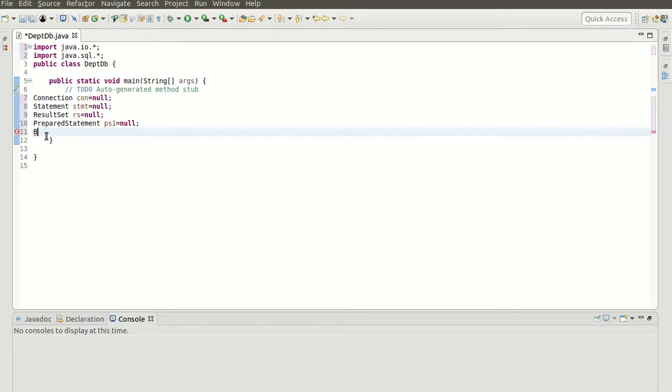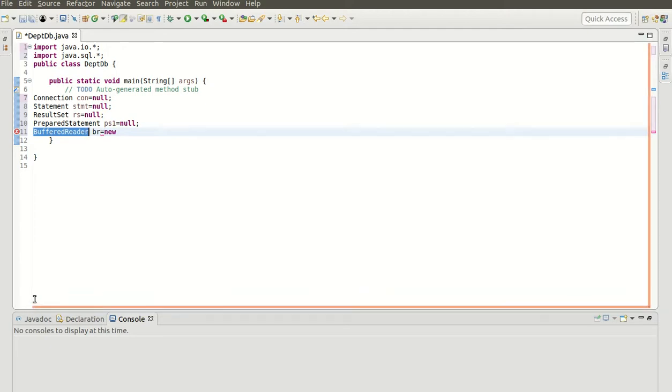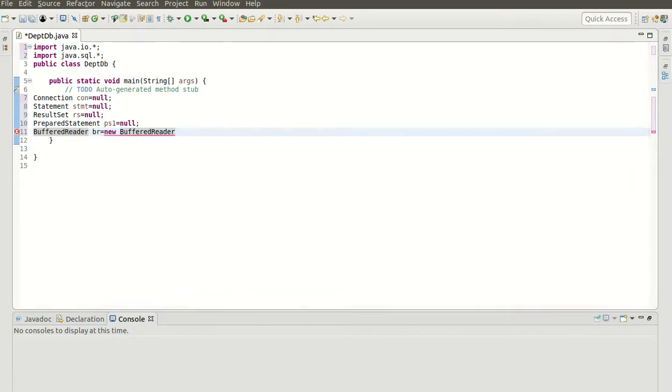Now you have to read the values from your console. For that I will use the BufferedReader class. For the BufferedReader class, I will create an object br that is new BufferedReader, and to this new BufferedReader we will pass an argument. That argument is because we want to read input from the terminal. What is the argument for this BufferedReader class? It will have the new InputStreamReader argument. So I'll write InputStreamReader.